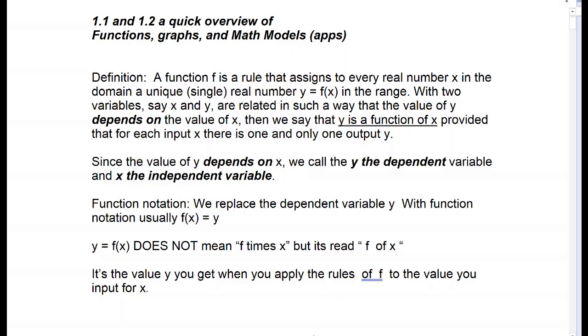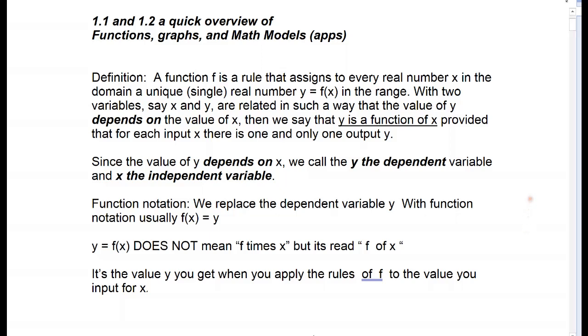Chapter 1. So we're kind of going back to the beginning, but the beginning really is an algebra review, specifically looking at functions, linear functions, and quadratic functions. So you're going to see a little bit of a review. This should be a review. So I'm going to go through it fairly quickly: what a function is, graphs, math models, applications of some specific functions. Again, this should be stuff you know already, so I'm going to go through it like it's a quick review